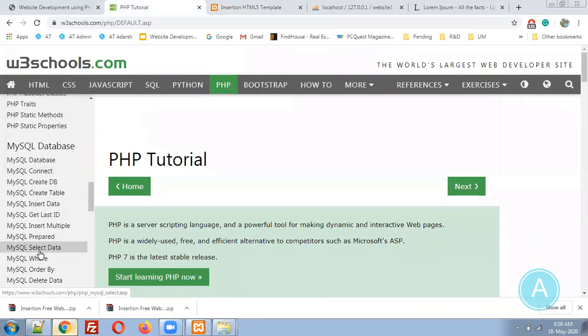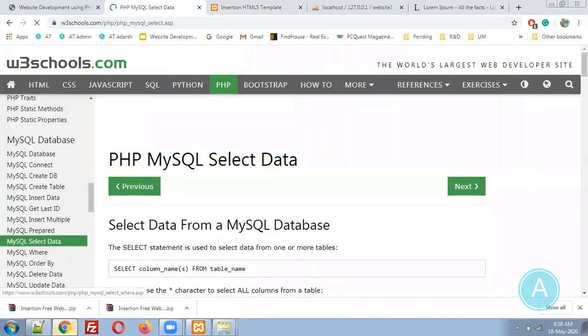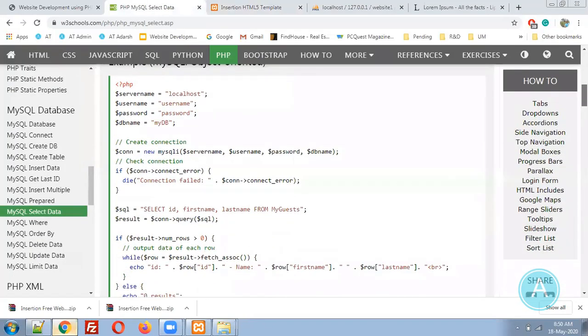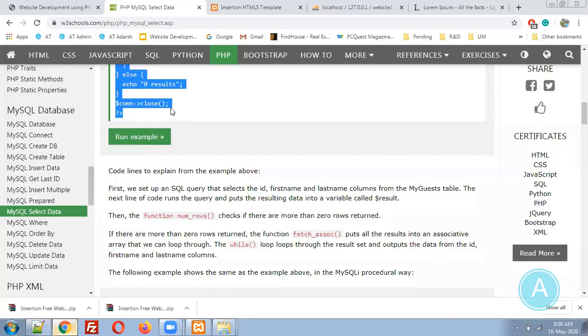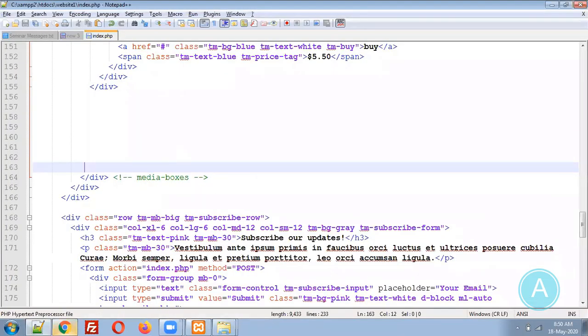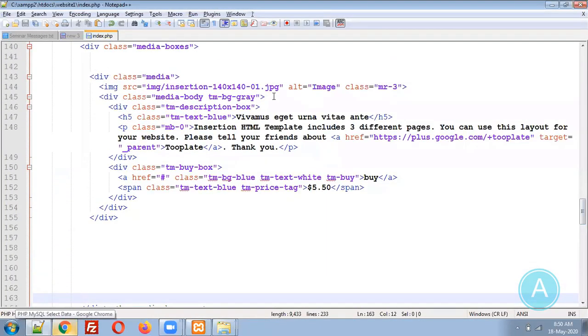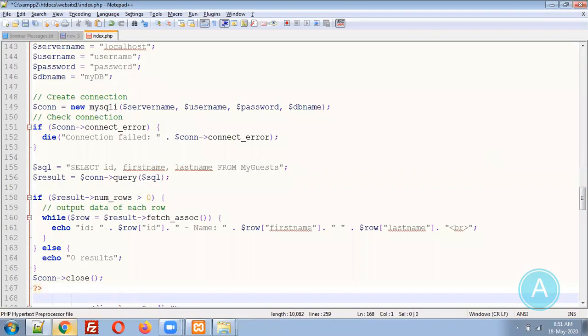I need to fetch some data from the database, so I am using the select data option. In select data, you can see this ready-made code available. I'm just selecting that code, copying it, and pasting it into the exact place where I need it.